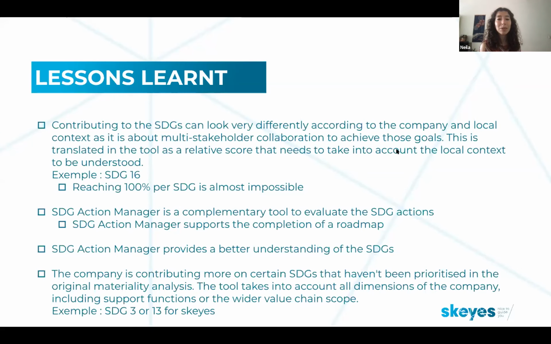This is also a testimonial that we heard a lot from other companies: when they built their maturity assessment, they would have certain SDGs prioritized, but then when they filled in the tool, they would realize that they were actually contributing sometimes even more to other SDGs because of the way the company's values are implemented, or the way the company is set up, or just how it was created organically. That really helps people understand that there are so many different ways to contribute to the SDGs and to improve their impact. So that helps them diversify their improvement actions.